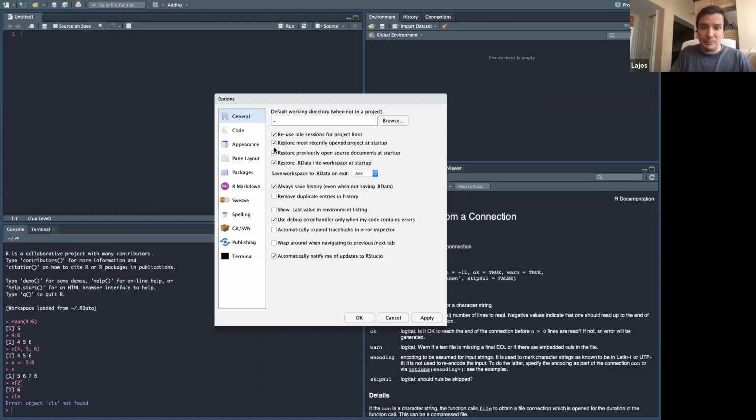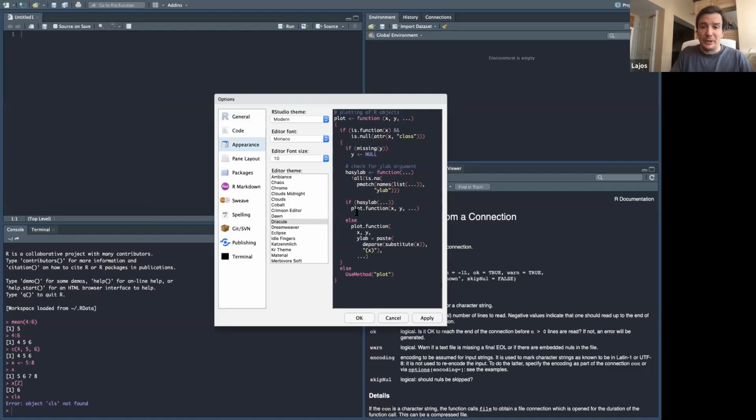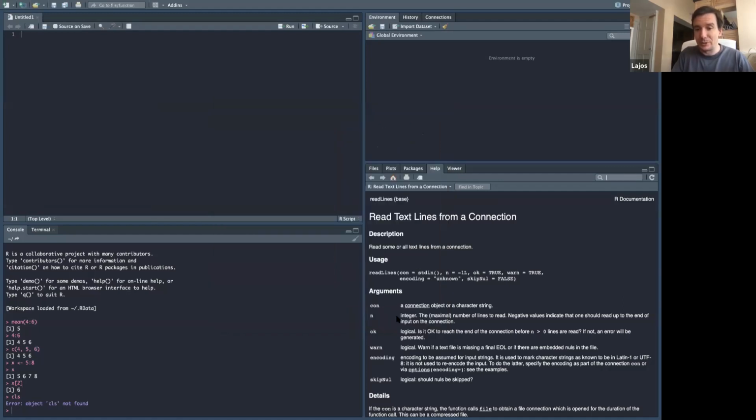And in the Preferences or Options panel, there is an Appearance where you can change from the different themes, and you can change it to dark background. Okay, so before we start doing the programming, so what do we have here is, first of all,